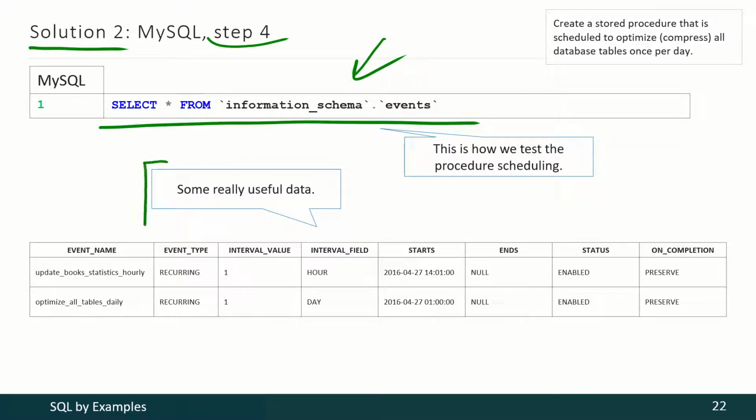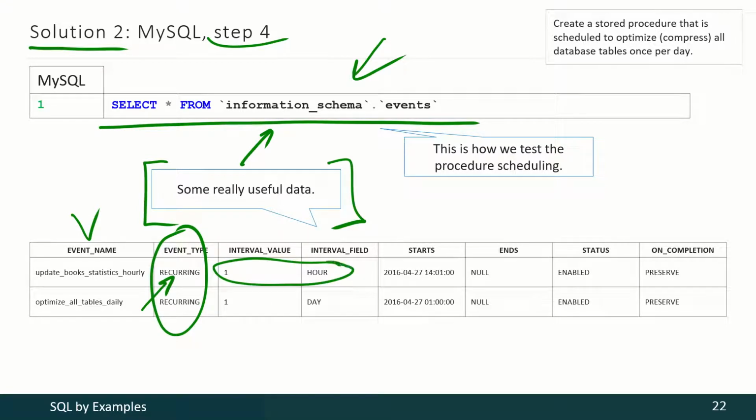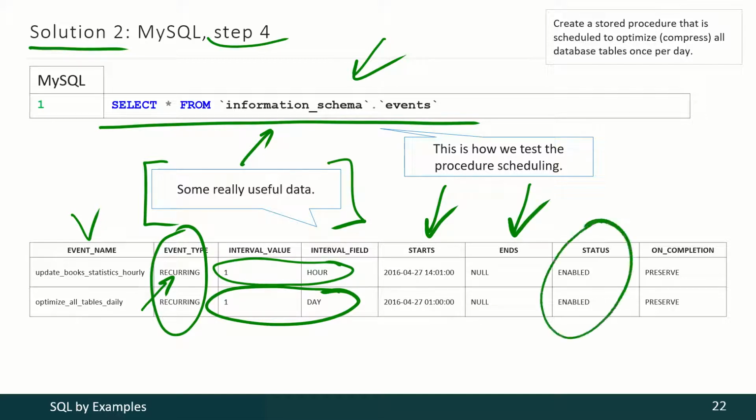And finally, here is some explanation about data produced by that query. Here we see event name, here we see event type, that it's a recurring one. Here we see that this event occurs each hour and this one occurs each day. We see when both events start and we see that both of them never end. We also see that the current status for both events is enabled and we see that both events will be